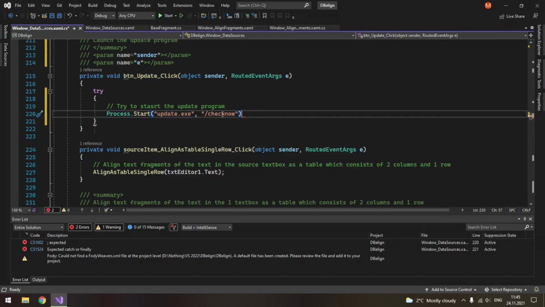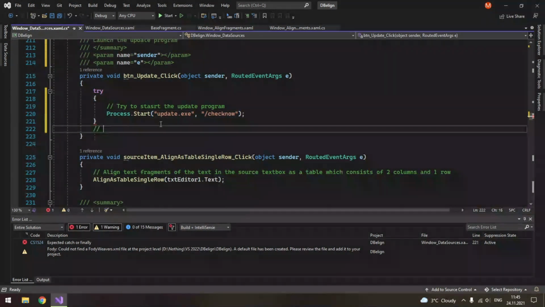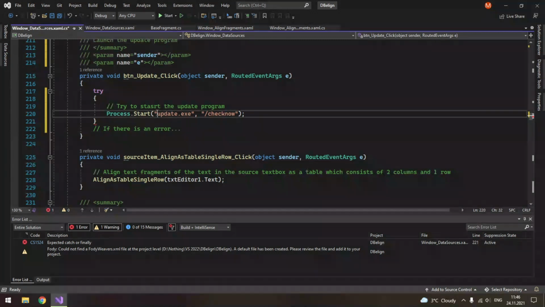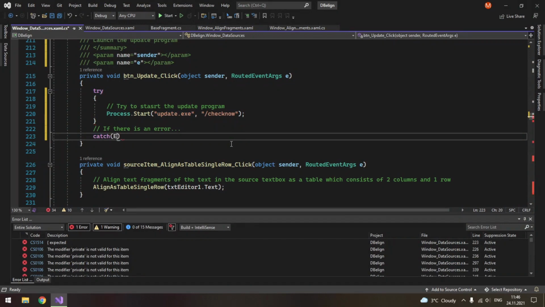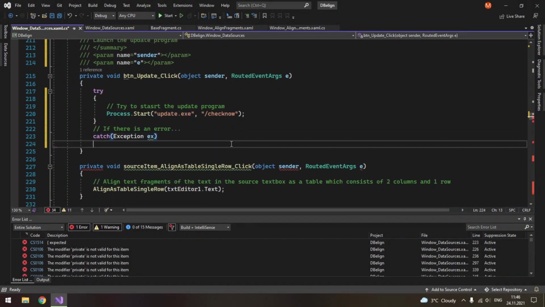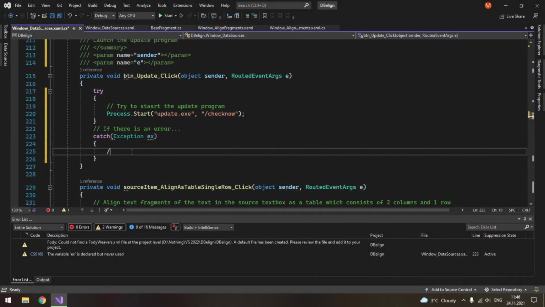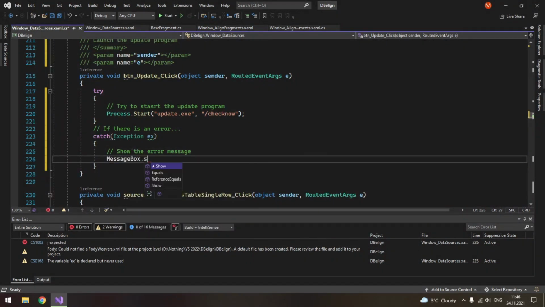Assume that this will go to a website, check the latest version, and if it is newer, it is going to update the program. But if it is not newer, it will do nothing. But if there is an error, and the simplest error could be that this file can be just absent. So catch exception ex, and we will show the error message. So message box.show,